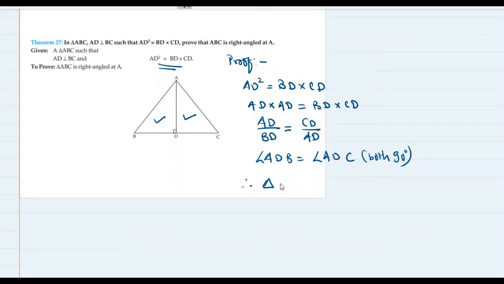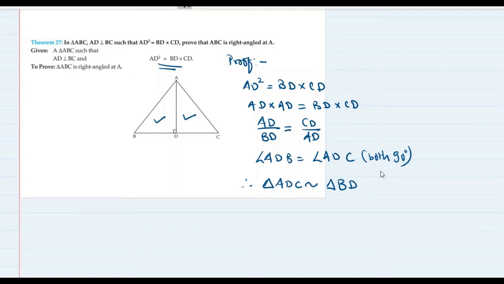First, triangle ADC is similar to triangle... Now see, if you see AD and CD, if you just see beneath AD, you will find the part which is corresponding with AD. AD is corresponding with BD. So A is corresponding with B. So in the place of A I'm going to write B. In the place of D, I'm going to write D because angle D is equal to angle D, both 90 degree.